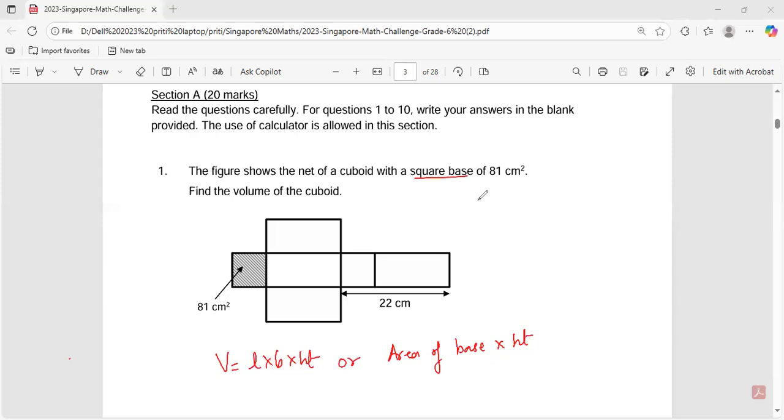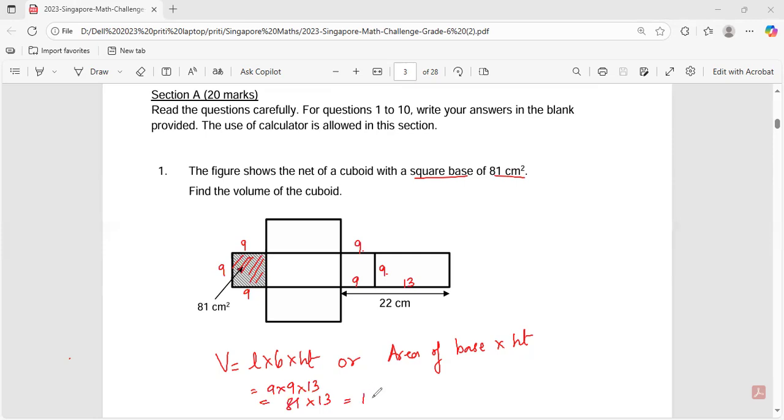So the base is 81, so each side is 9. If this is 9, this is also 9, and this is also 9. And if you see this, this is 9 and this is 22, so this becomes 13. So the volume would be 9 times 9 times 13, because the area of the base, you could take 9 times 9, or you could just take 81. That also works. So you do 81 times 13,